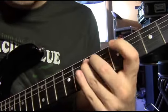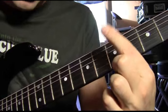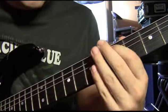So I go, and here I go to the 6th string with my index finger on the 5th fret, and slide it down to the 4th fret. All right, so I have,